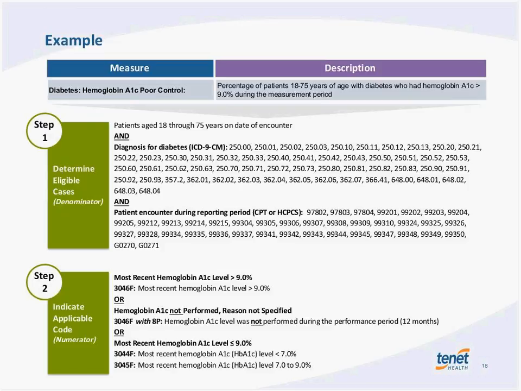This is the example that I was alluding to just a minute ago. If you'll notice, step 1 is our denominator. The criteria for this denominator is the patient's age of being 18 to 75. We have our eligible ICD-9 codes. If you'll notice, the first one is your diabetes code, 250.00, and your eligible CPT codes. Notice the office visit codes, 99201 through 99215, are actually listed there as a